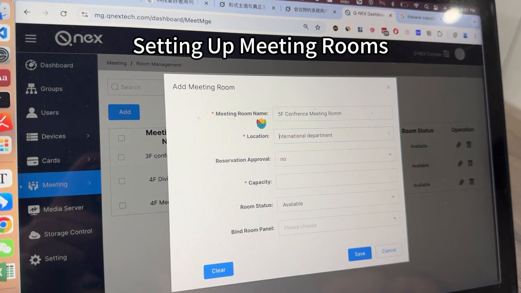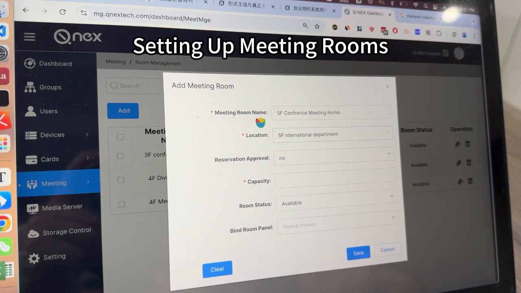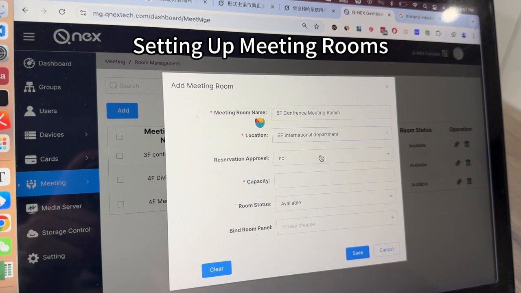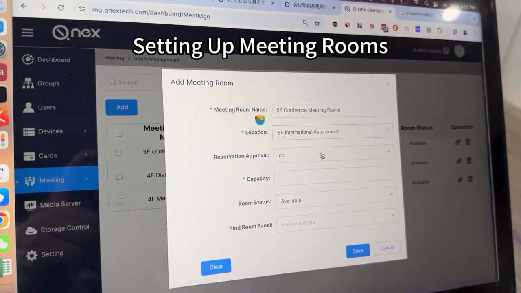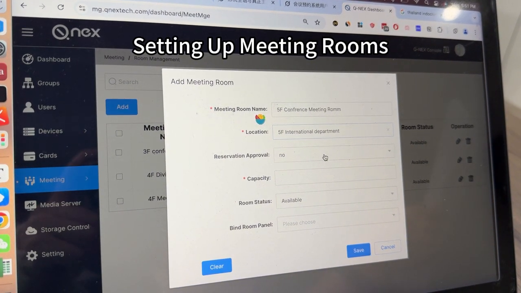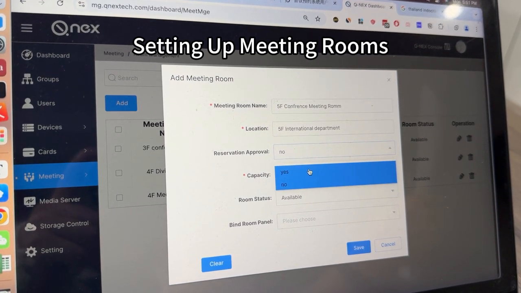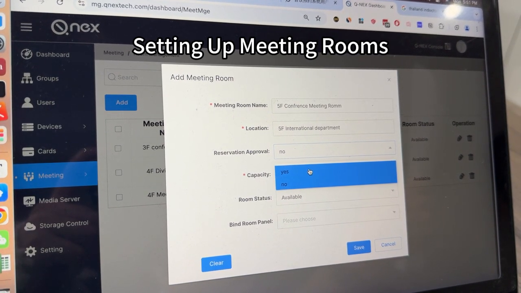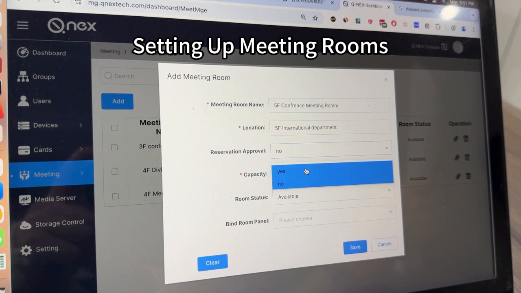Location is on the 5th floor, international department. Now, I'd like to highlight two key items here. First one is about the reservation approval. So if you choose yes, then it'll need approval from any QNX admin before the meeting information gets sent to